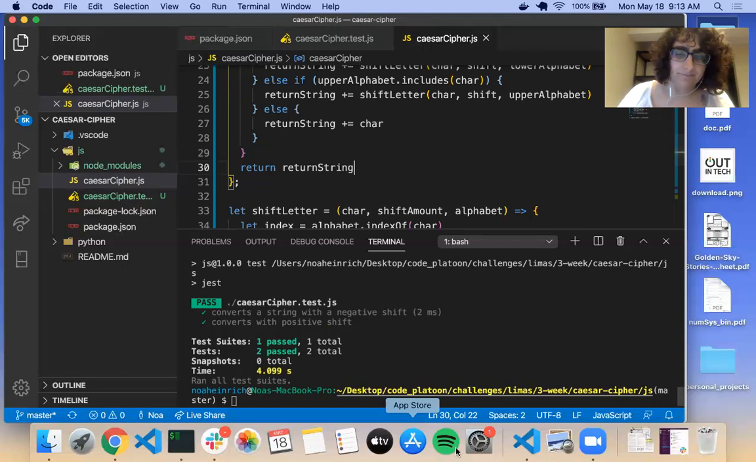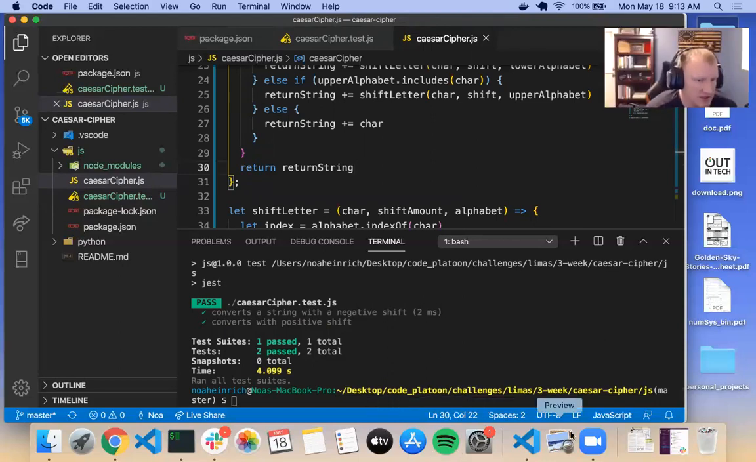Okay, Noah, I figured out a way to generate